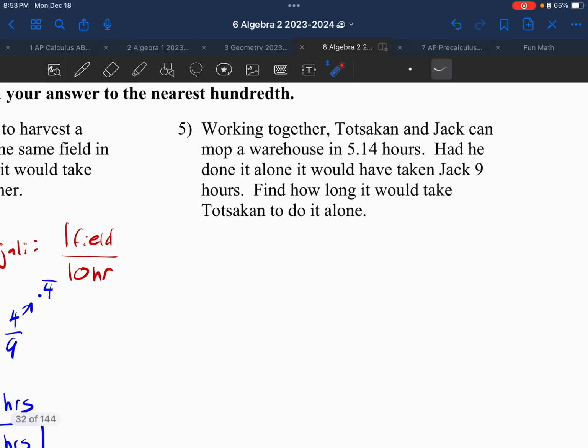Let's go ahead and read number 5. Working together, Totskin and Jack can mop a warehouse in 5.14 hours. Had he done it alone, it would have taken Jack 9 hours. Find how long it would take Totskin to do it alone. So the general idea here is